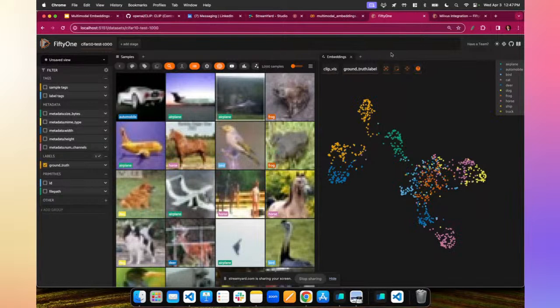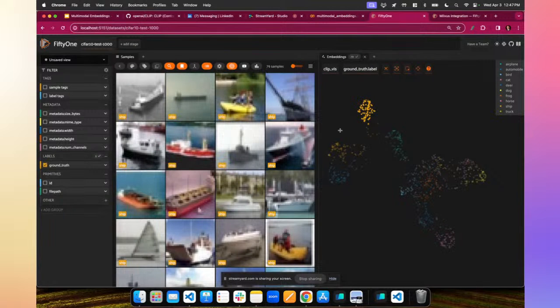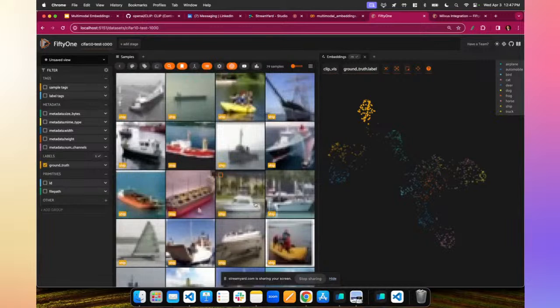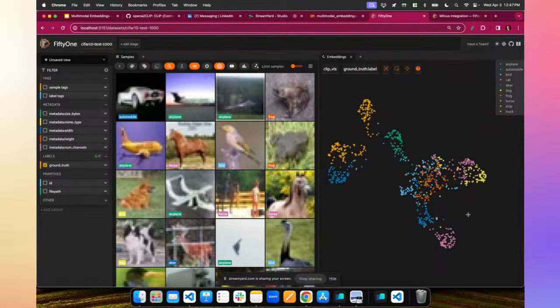So here we can look at, okay, there's some clustering here. This is all the same color. These two are close to each other. So why do we think that is? We're going to look into these in a moment, but let's just select this grouping. We can see that these are all ships, and this is kind of far away from all of the other clusters. We can see there's another cluster here that's kind of far away.